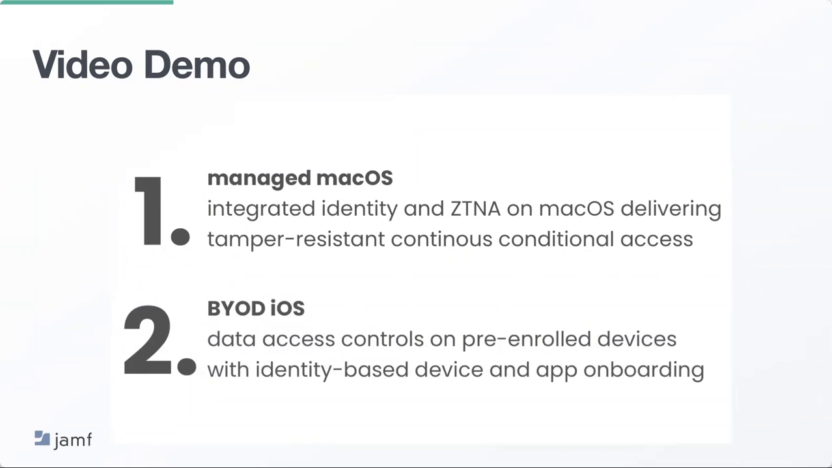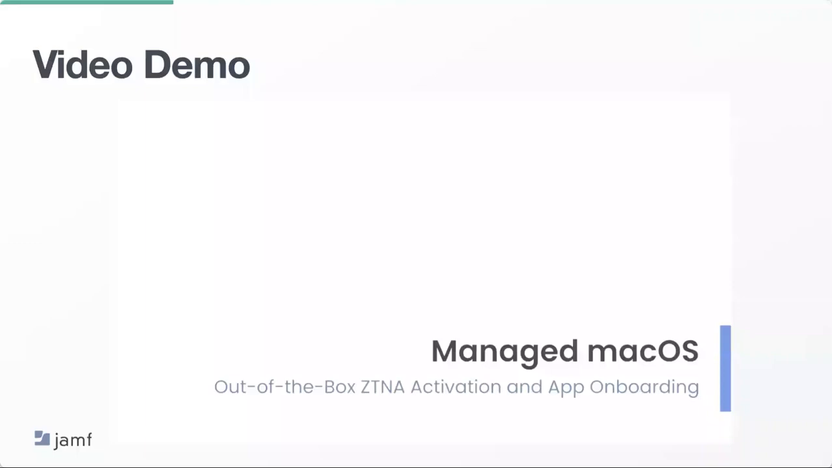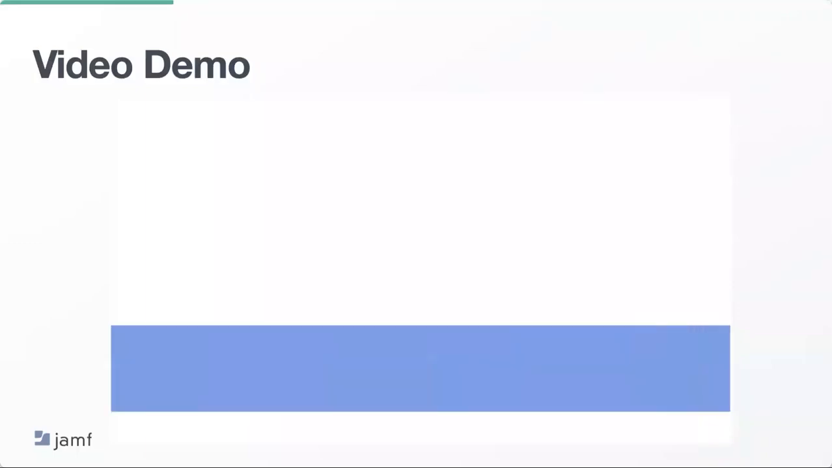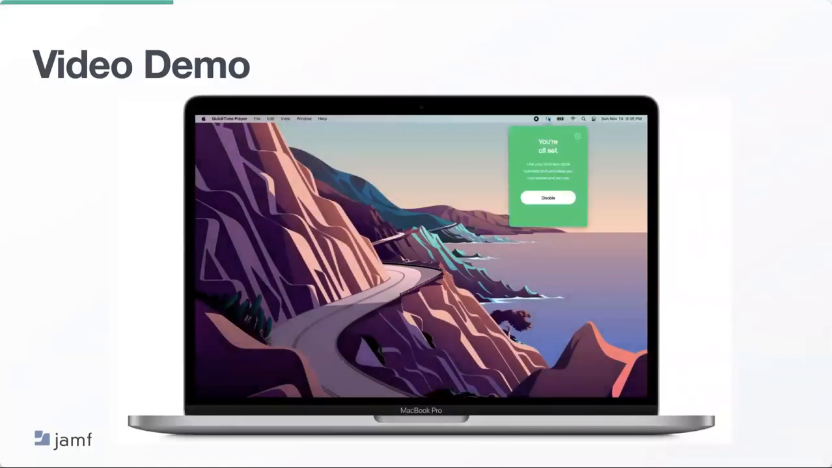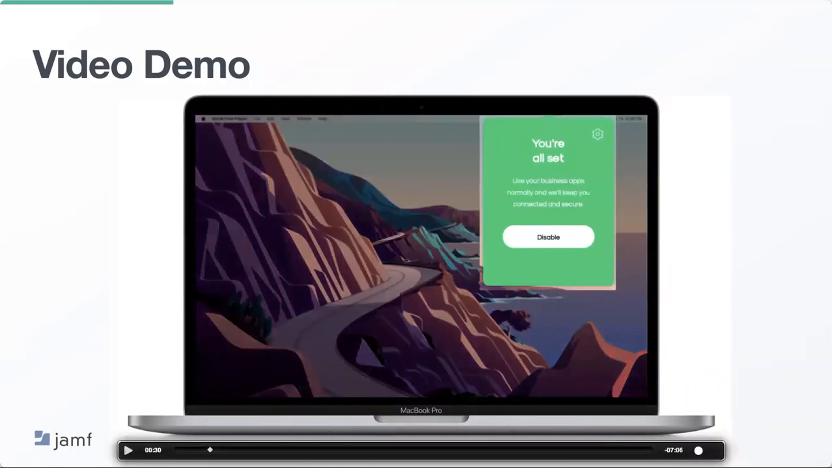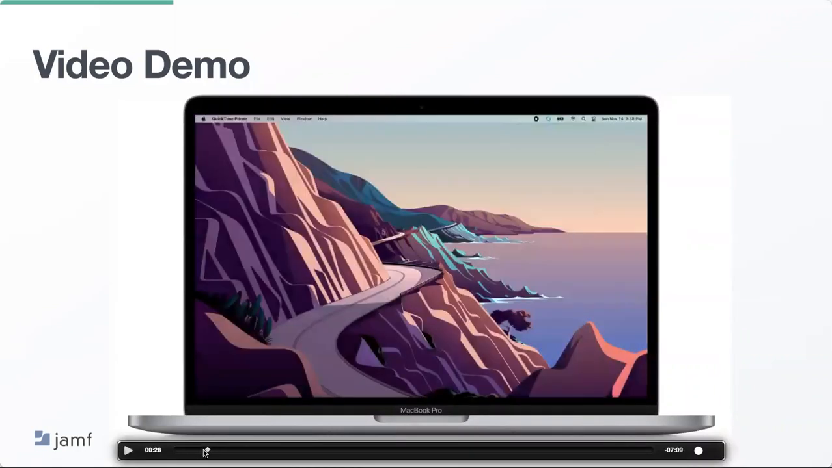Going to show a managed macOS device and a BYOD iOS device. So this is actually a good segue. One of the things we're finishing building in the next 60 days is the Connect to private access integration. Now that was very subtle and fast right there, which was I just log in to my